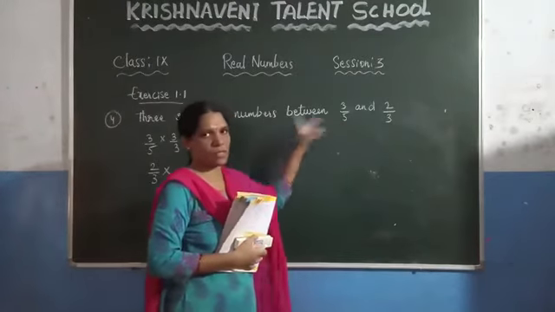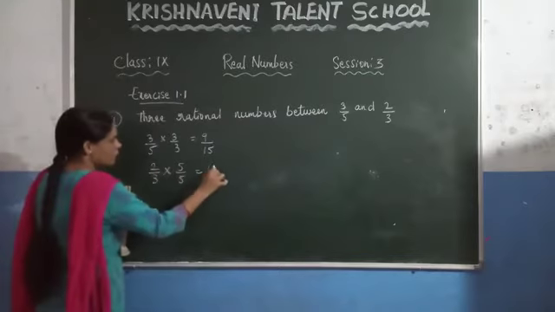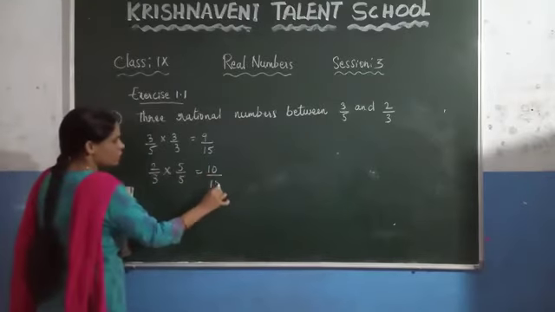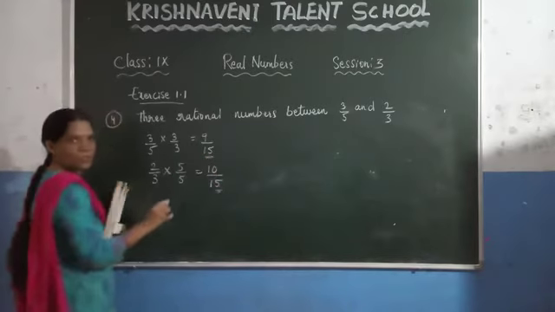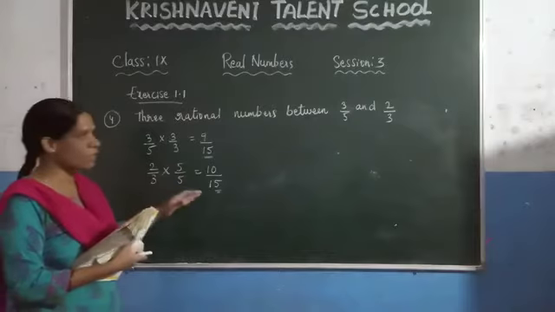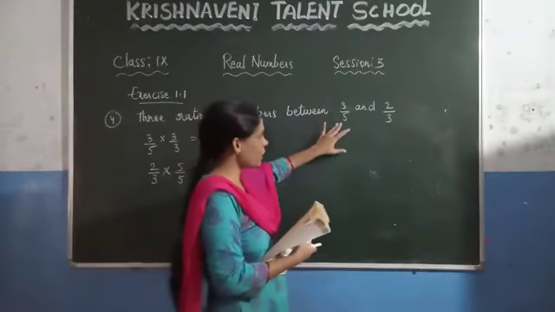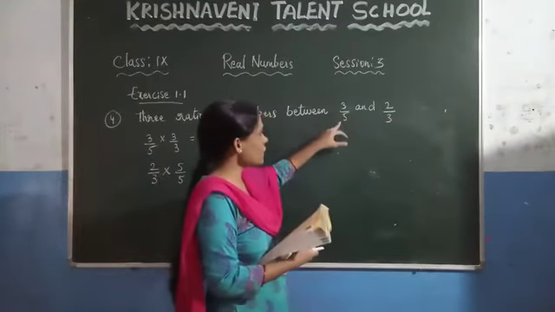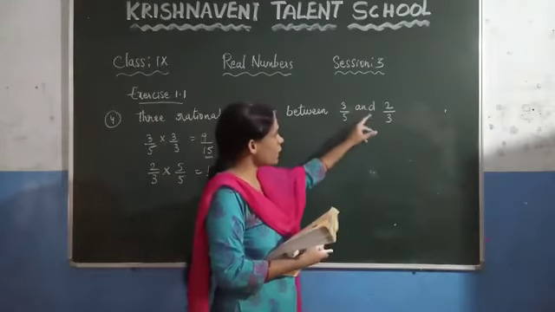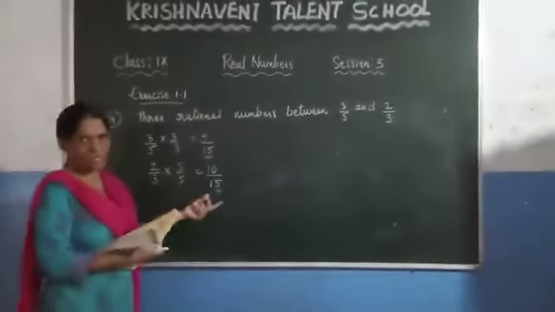Here this denominator is 5. Now multiply this number with 5 and divide by 5. So what will you get? 2 into 5 which is 10 and 3 into 5 which is 15. You can clearly observe that we are making the denominators equal. So how do you make the denominators equal? Just consider the number and multiply and divide this number with the other number's denominator. So take this number and multiply with 3 by 3. Take this number and multiply with 5 by 5. So that we are making the denominators equal.